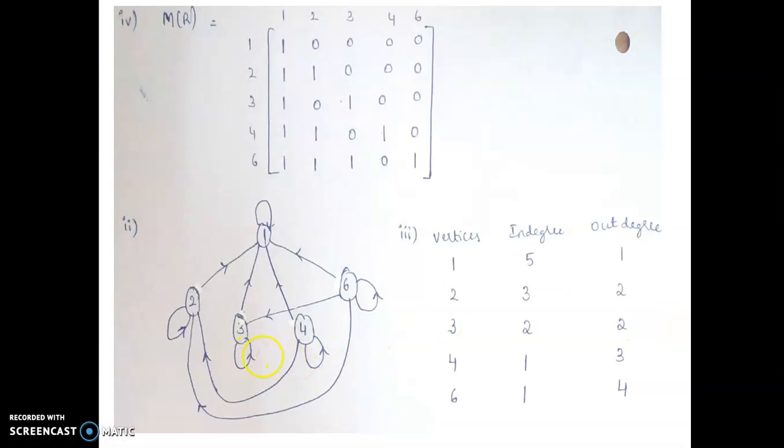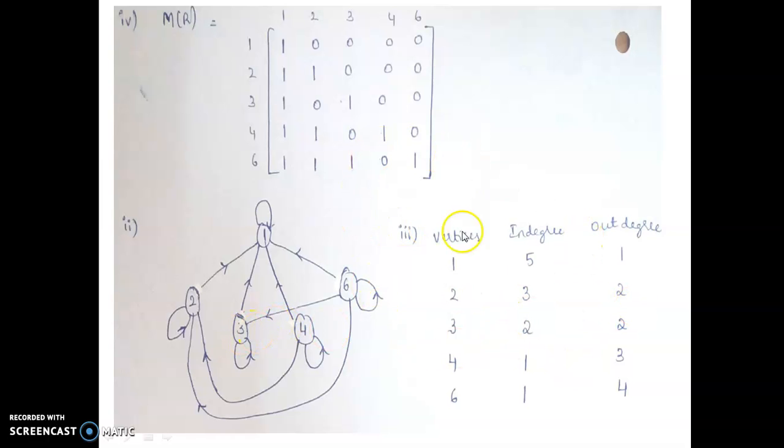Next for 3, the in-degrees are 1, 2, and the out-degree is 1, and this one, so 2 are the out-degrees. For 4, the in-degree is only 1, that is itself; the loop itself is also called an in-degree, and it is also called an out-degree. Out-degree of this is 1, 2, and one more we have. For 4 the out-degree is 3, 1, 2 and 3. For 6, we have in-degree only 1, and out-degree 1, 2, 3 and 4. So these are the out-degrees of 6.